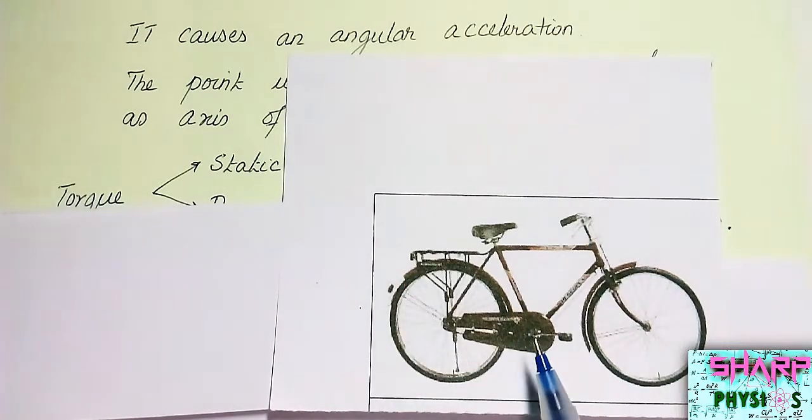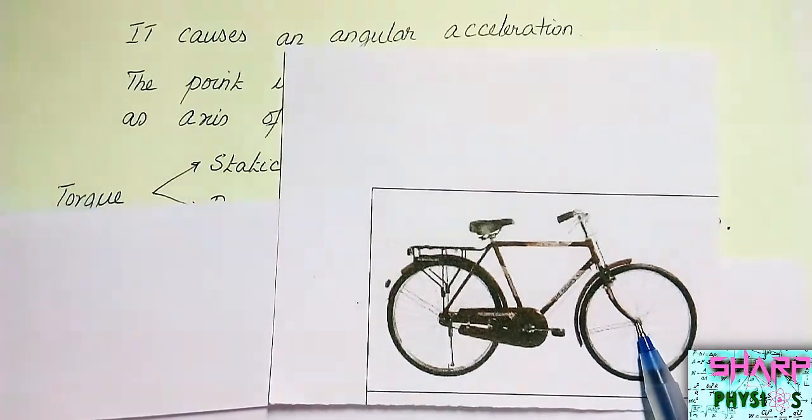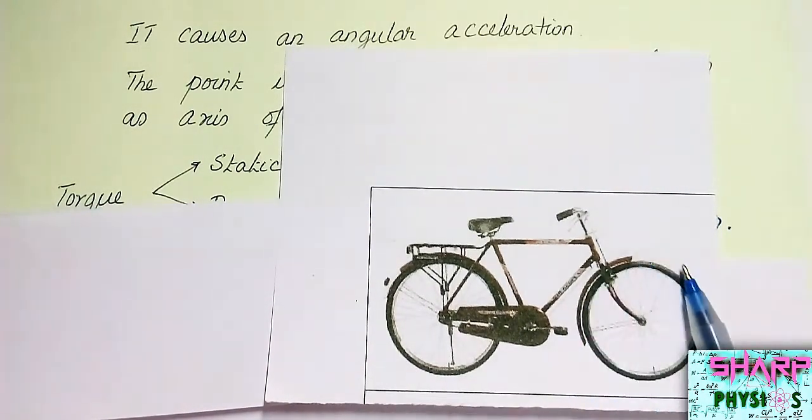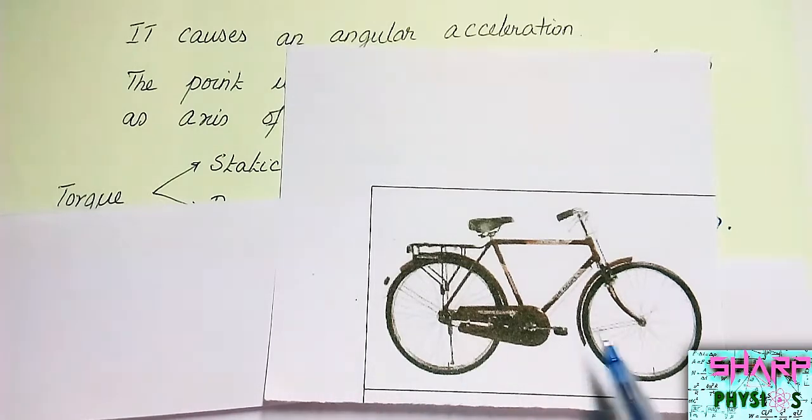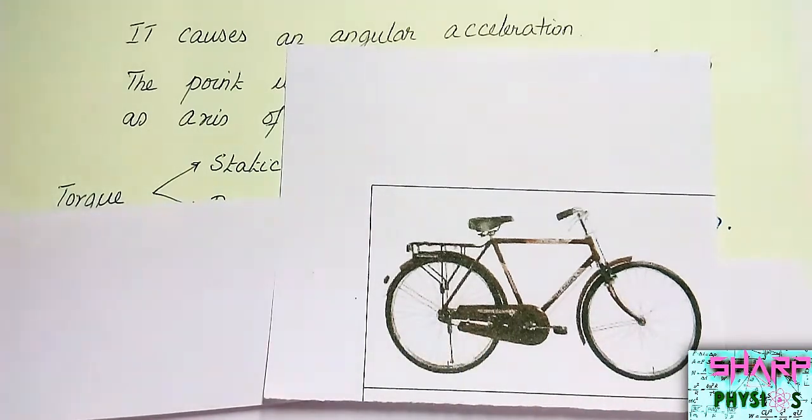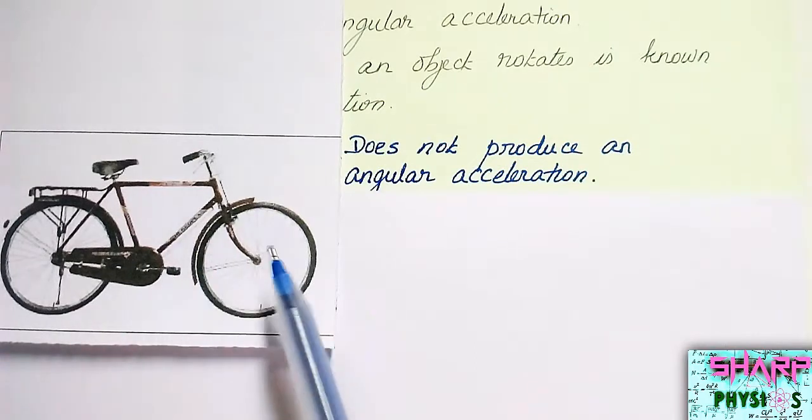When a bicycle is being pedaled at constant speed, there is no acceleration here, so it exhibits a static torque. You can see in this bicycle there's the axis, and the wheel rotates around the axis, so a torque is being generated. An angle has been created at all times. It is pedaled at a constant speed and there is no acceleration. This is what we call static torque. Static torque does not produce an angular acceleration. It is always static, a constant.